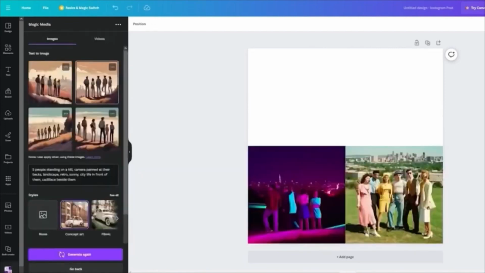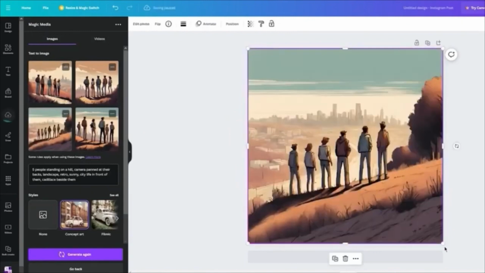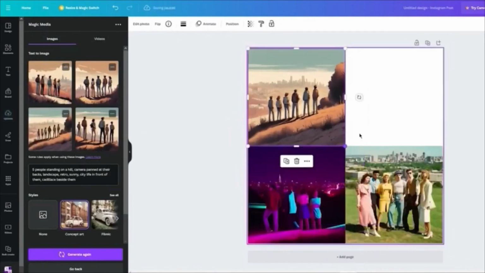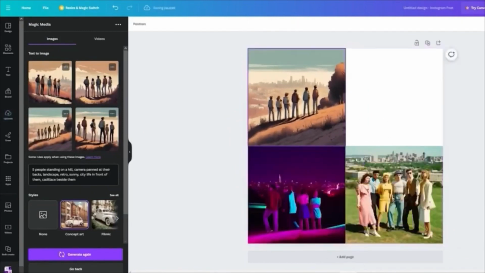All that is being generated. Look at that. So now it's created a concept art, and that looks really nice. That looks really cool. I'm just going to add it to my design, make it smaller. There we go. And obviously, you're just going to wait for the quality to settle in. It takes a few seconds to load in. And there we go. Now the quality settled in.